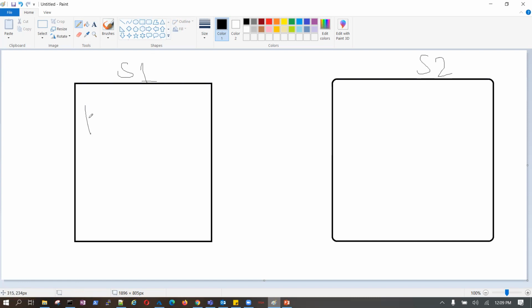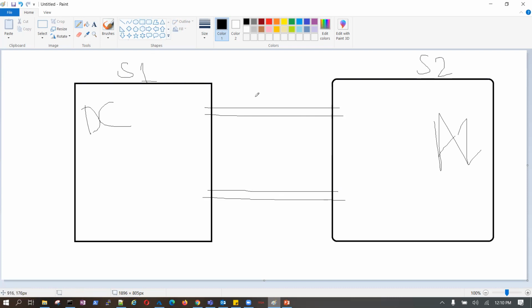If I say it is a DC, data center, or I say an Azure, okay? These are two sites. Now, first you need to decide whether this is an ExpressRoute or it is a VPN connection. Meaning, if I say it is dedicated or shared, which one you want to use? You tell me one choice.